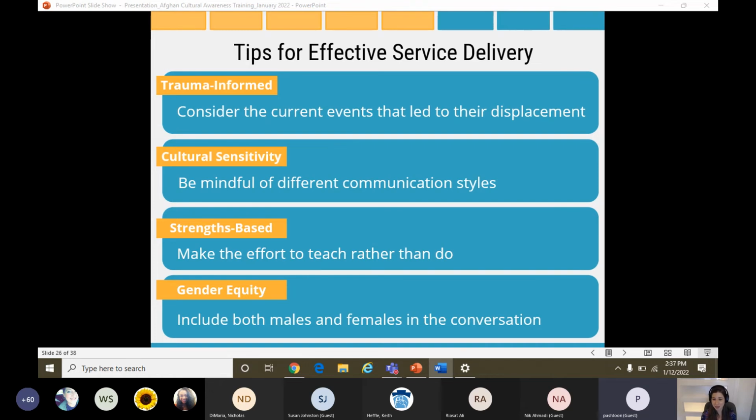And I see a few comments in the chat. We have Sharon who says, immigration status and documents are a confusing topic for most. The new arrivals don't know what is needed. We usually ask them to give us everything that they have, and we then weed through them to determine their current status. That's a great kind of comment for us to expand upon. So I'll ask Manara to jot it down so we can touch upon some strategies you might be able to use during the Q&A session. And we have Risat, usually putting your hand on your heart and bowing can be an alternative greeting. Thank you, Risat, for adding that.